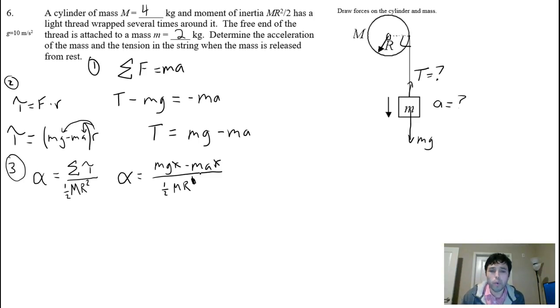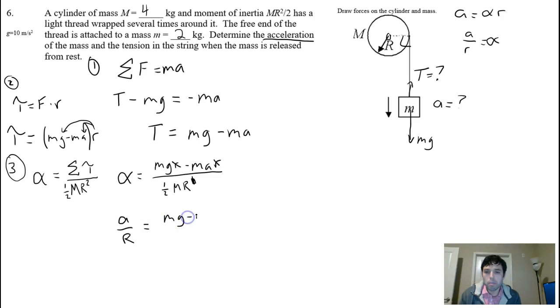Now I'm going to do something that's a little weird here. I'm going to go ahead and replace the alpha. Remember, we're not looking for alpha, we're looking for a. We want to know the linear acceleration, in terms of the acceleration, not angular acceleration, just a. So recall that a equals alpha r. And if you rearrange for alpha, we get a over r equals alpha. So if alpha is a over r, I'm going to replace this alpha here with an a over r. Now what's going to happen to this r? This is now uppercase r, lowercase r. In this case, it's the same r. All right, so equals mg minus ma over 1/2